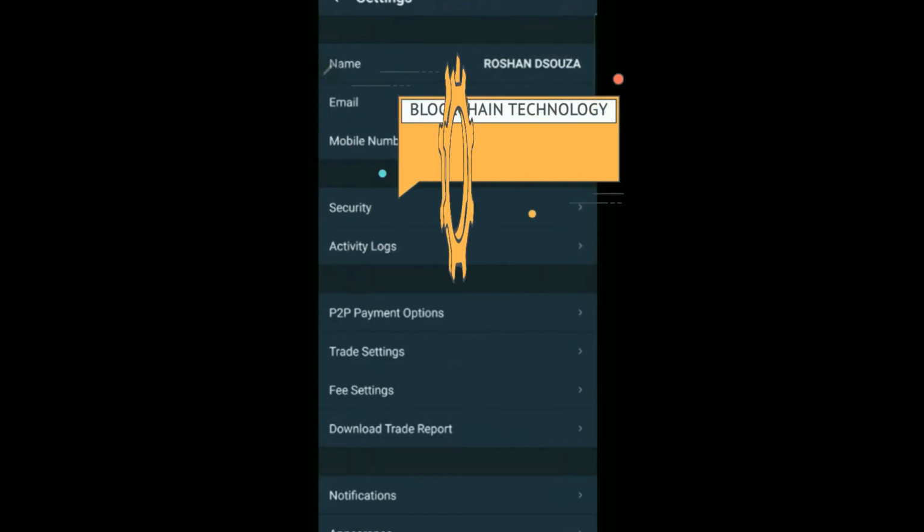Whenever newcomers come, it will ask for the KYC. So go to the KYC part. The KYC part will ask for the country name, India. Then your first name and second name according to the documents. The next part will be your address and mobile number. The third part is the PAN card. So update your PAN number and attach your PAN card with the original card photographs. It should be clear and high resolution.